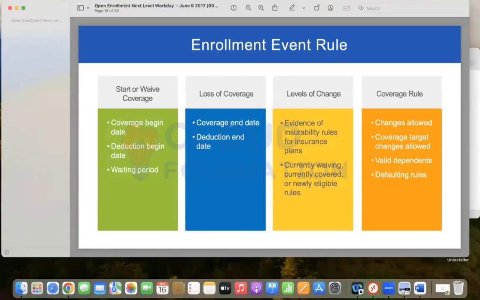If you want to remove the plan from the employee or waive off the plan from the employee, when you want to end the coverage, when you want to stop the deduction. And this is, as I said, EOI and ACA, US specific. I will give the documentation. And coverage rules, changes allowed, dependents can be added. All these we need to configure now. To make it simple, the benefit event, whatever we created, we need to map it here under the enrollment event rule.